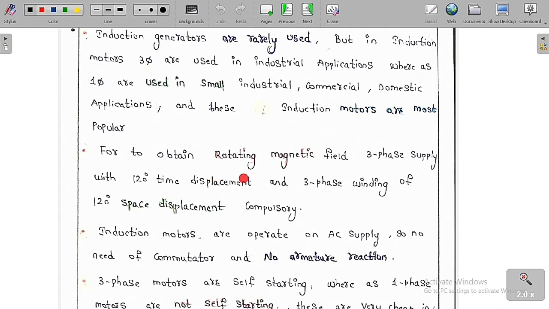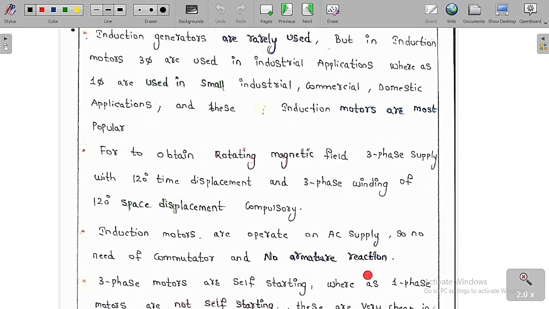So if you want to obtain the rotating magnetic field, a 3-phase supply with 120-degree time displacement and a 3-phase winding with 120-degree space displacement is compulsory. Induction motors operate on AC supply, so there is no need of a commutator